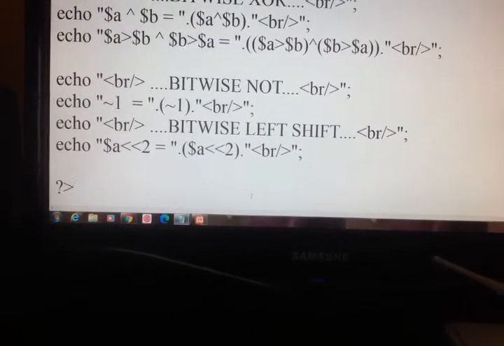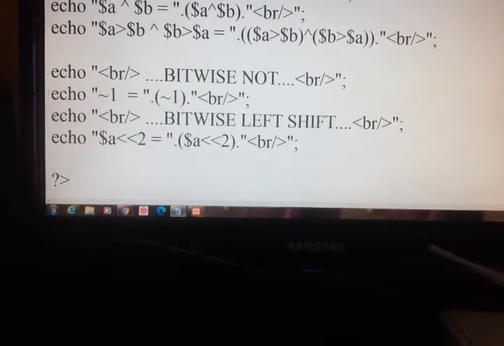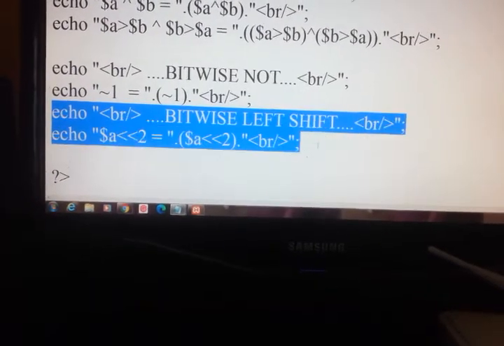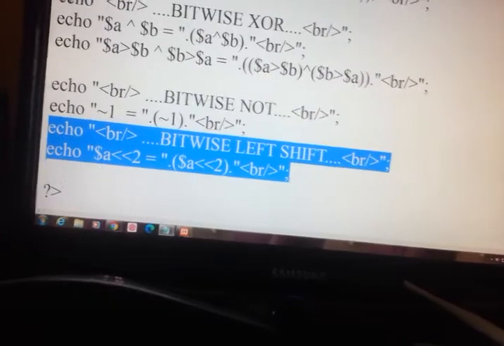Now if you go for right shift, just copy paste.